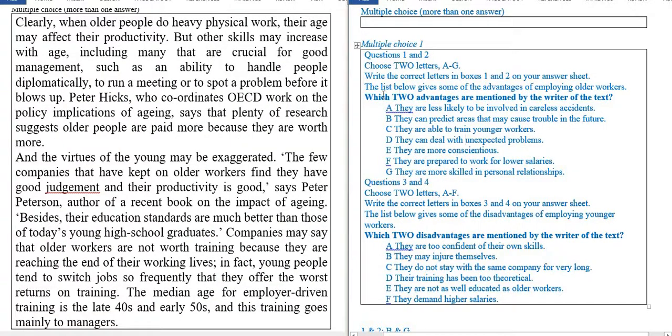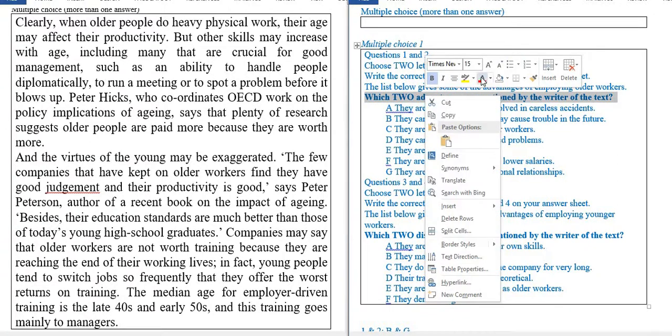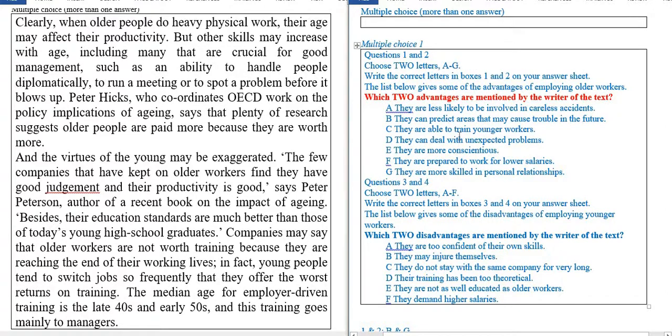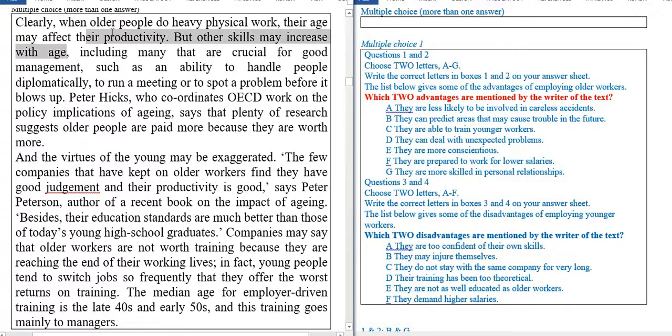Here is the question for multiple choice. Which 2 advantages are mentioned by the writer of the text? This is the question. Advantage. Okay, so let's start from here. Maybe here, other skills may increase with age. So this is the clue. Other skills may increase. Like what? Such as